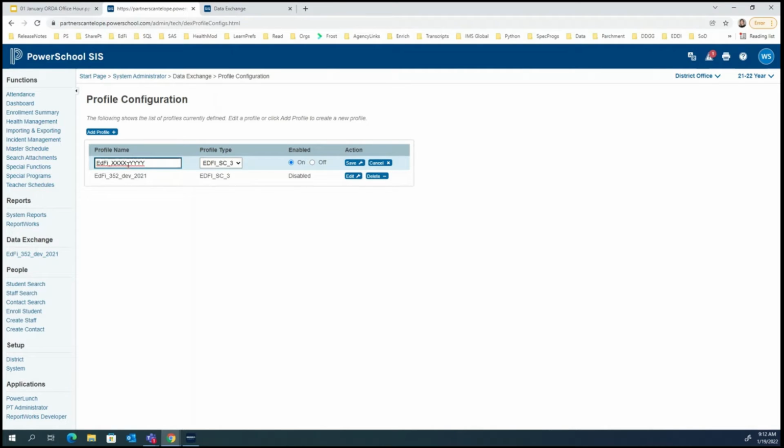The X's here, we're going to replace with the 4-digit district code. And the Y's are going to be for the academic year. And by that, I mean the year in which the majority of the students will graduate. So for 21-22, we would put 2022. And let's just make up 9999 for our example here.